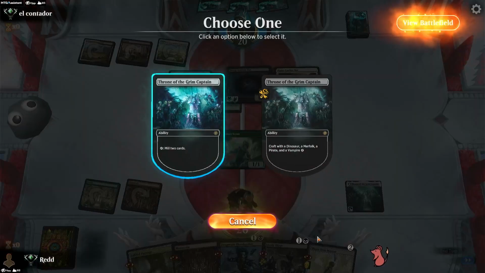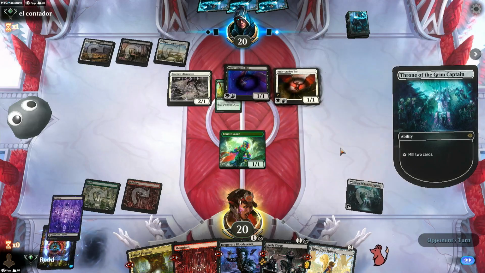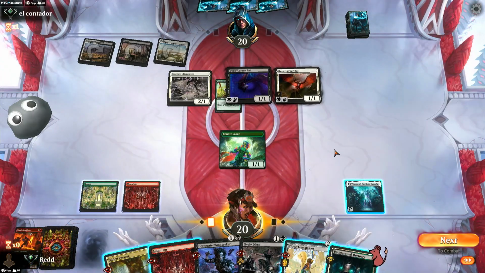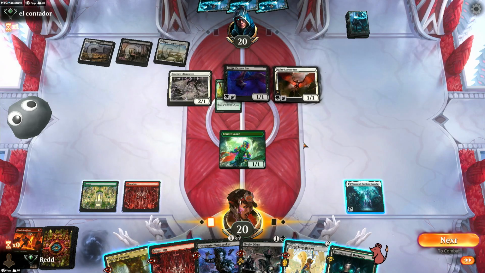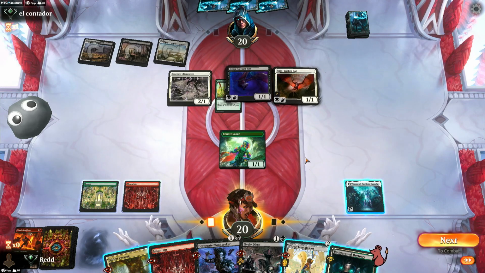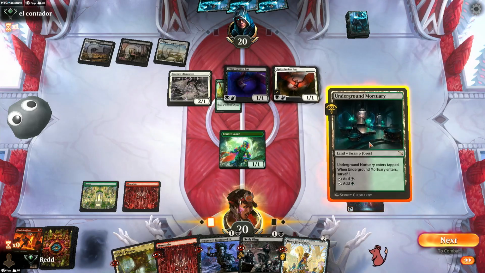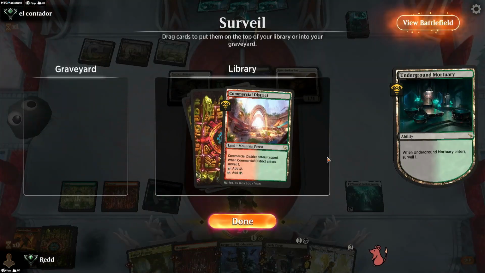Nice. The Scout actually held the Channeler back there. Got a Pirate into the grave too. Wow, that's good for us. Okay. Okay, wow. Yeah. Let's start with the Surveil here and get the